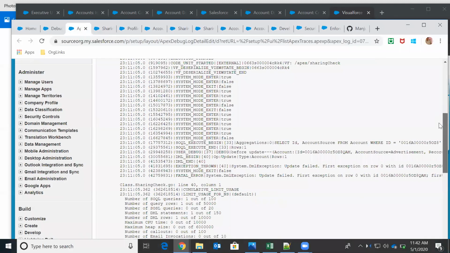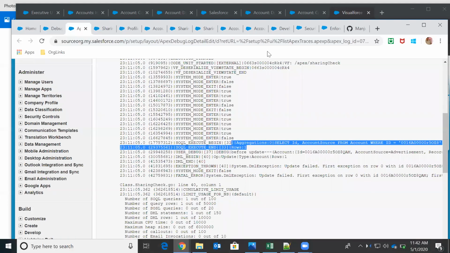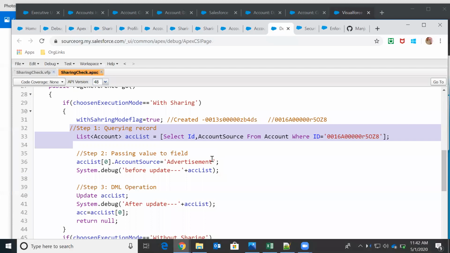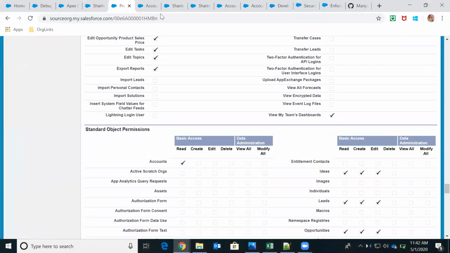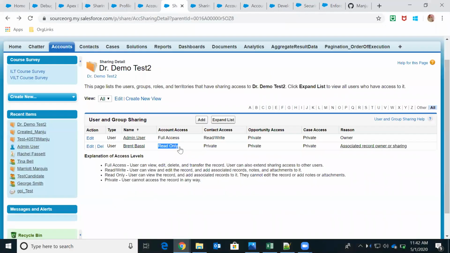If you observe here, the SOQL query, in with sharing mode, is able to fetch this record. So this is working, and it is also passing this value to this field, even though FLS is not there. But when we try to perform the update operation, because as per the sharing this record is not given edit permission in the sharing rule, we are not able to edit it.